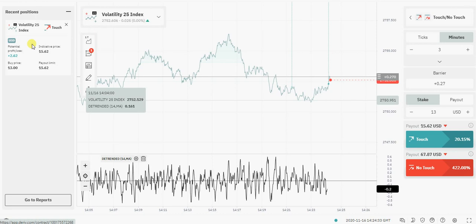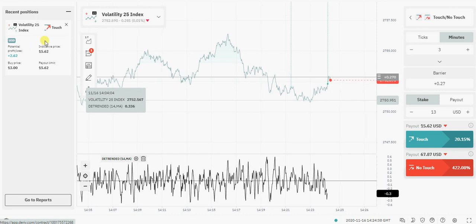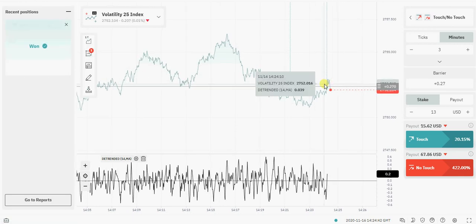So you can see the outcome there. So the next trade we have to wait for this thing to push up a bit before we go for the next trade, so that